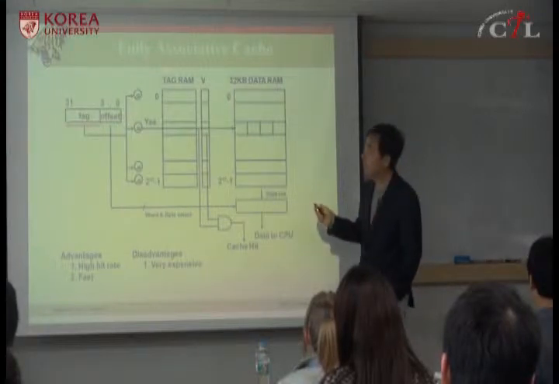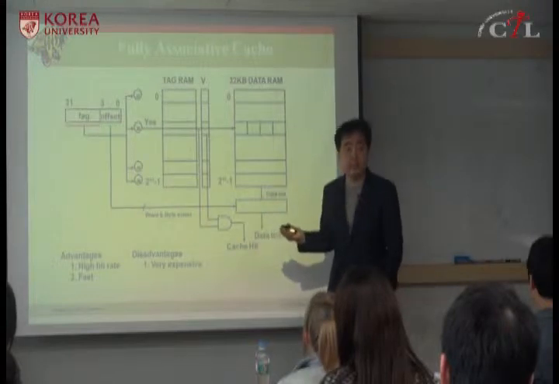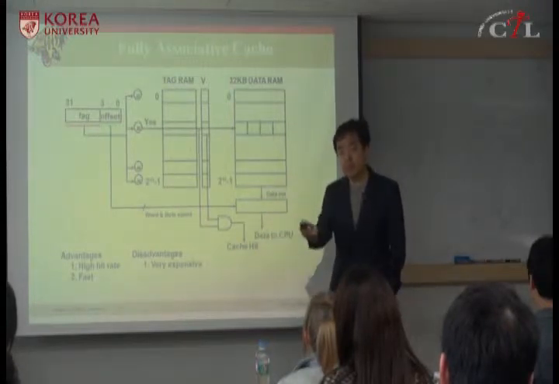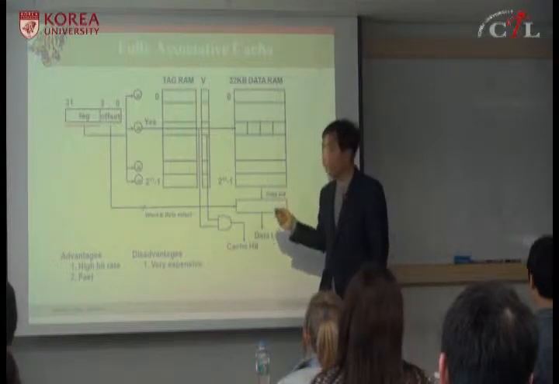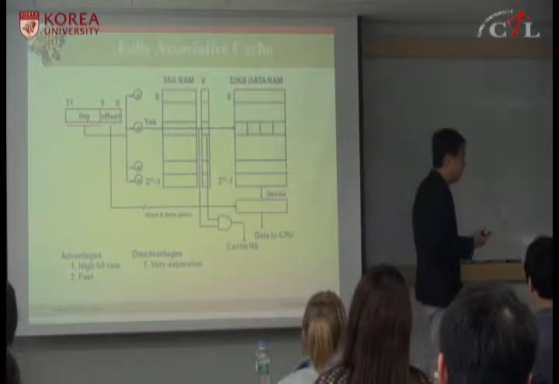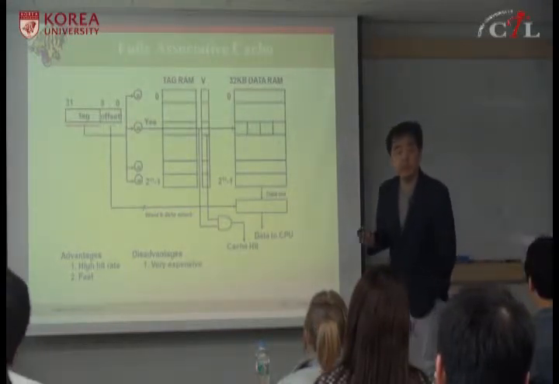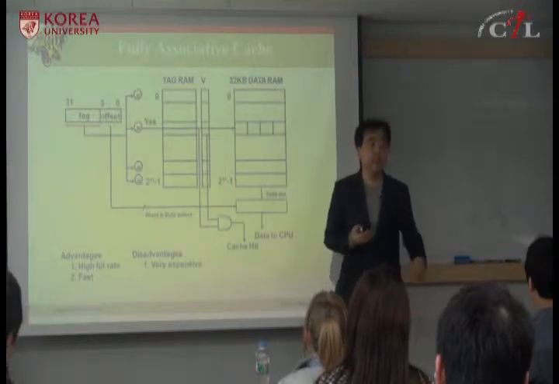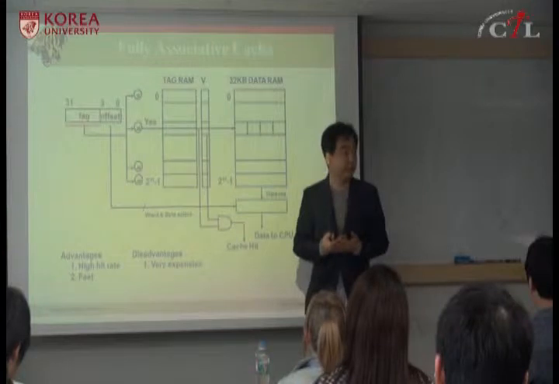And this valid bit is initially empty, so you set it to invalid, and whenever you put in a new memory block, you set it to valid. So the processor generates a memory address from the pipeline: the instruction address at the fetch stage, or the data address at the execution stage.